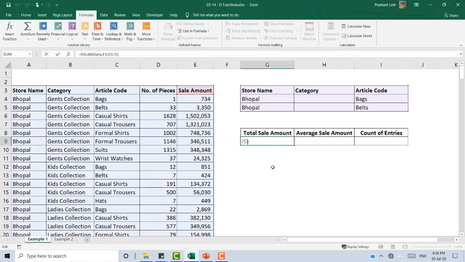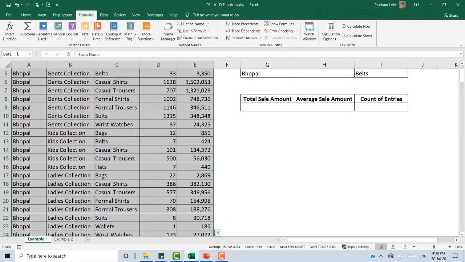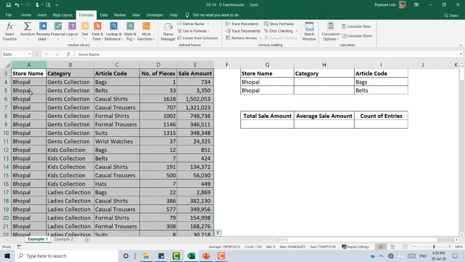And secondly, the first row of your criteria range, this is your criteria range. See, G3 to I5 is your criteria range. So the first row of your criteria range must be exactly the same as the field names in your database. Okay, students? And I will show you one more trick where you can simplify your work. You just select your data. So I have selected this data and then change the name of it. See, I have given it the name data. Okay, you can just select the name box and give it a name, data or anything, any name you want. Okay, so now this is a defined name.